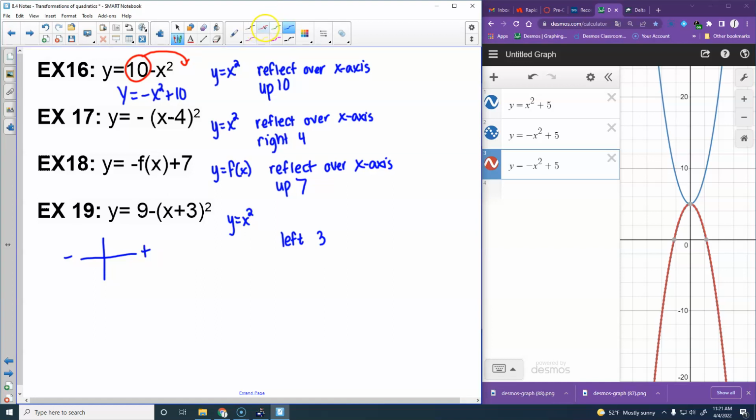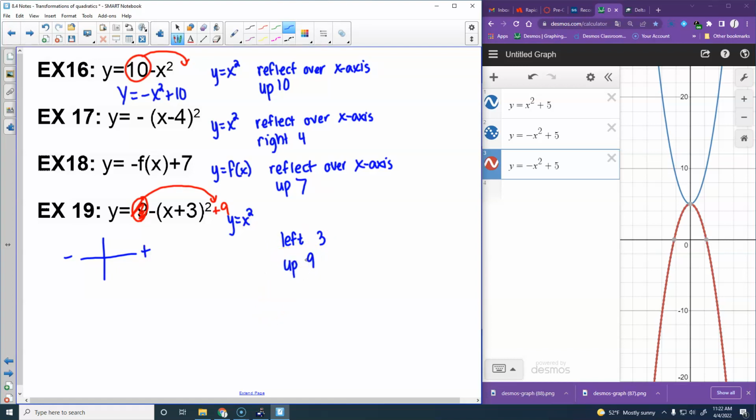All right, so the 9 right there, I don't like it to be in the front. So I'm going to put it over here on the end. I'm going to get rid of it right here and make it plus 9 over here, right? So that means that I've got the plus 9 on the end. What's that going to do to the graph? It goes up